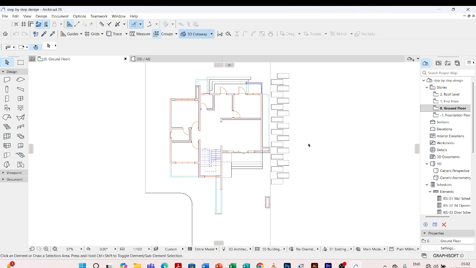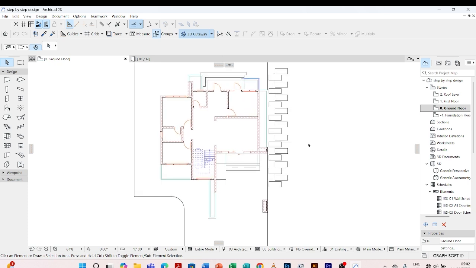In this episode, I'm going to show you how we draw the elevations and also how we do some edits on the presentation drawings and at the same time the working drawings. But specifically, we are going to go with the working drawings, but I'll show you how we do presentations for